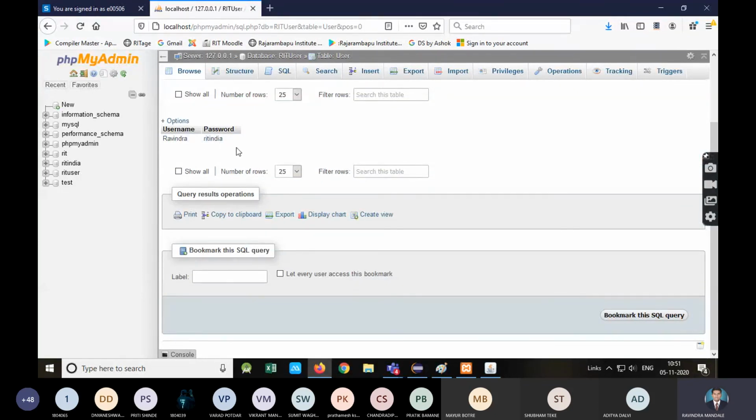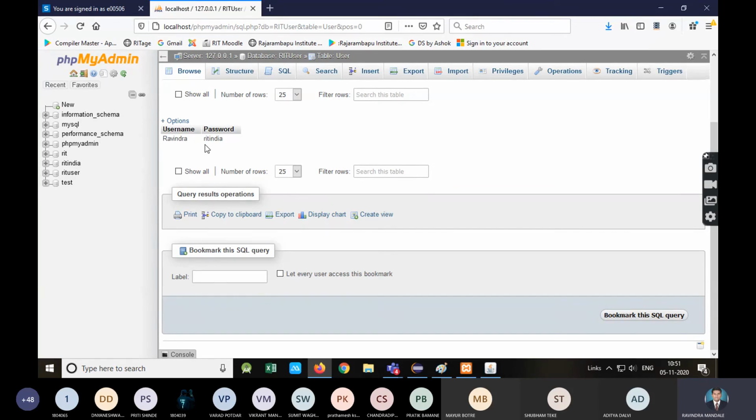Because see, this database will be present at server side. You can also encrypt that. There will be separate coding again. There will be 2 or 3 lectures you can take. RIT India, this can be also encrypted and then you can store it in database. Getting? Right now our focus is not on that part. That is the security aspect. So right now I am able to see this because this database will not be present with user. Actually, this database will be present at server side.